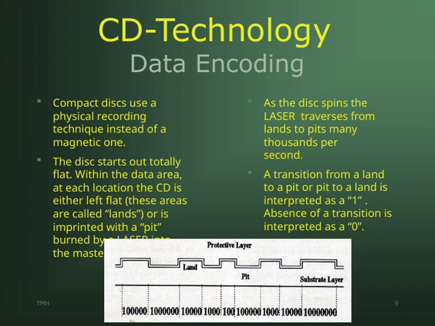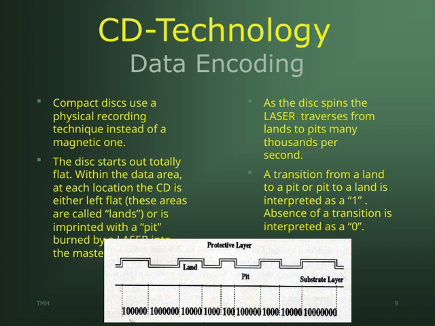As the disc spins, the laser rapidly moves over these regions, crossing from lands to pits and back many thousands of times each second. These transitions between flat and burned areas are critical because they encode the data. Specifically, when the laser moves from a land to a pit or vice versa, the system interprets that as a binary 1. Conversely, if there's no transition, meaning the laser sees the same type of region continuously, it represents a